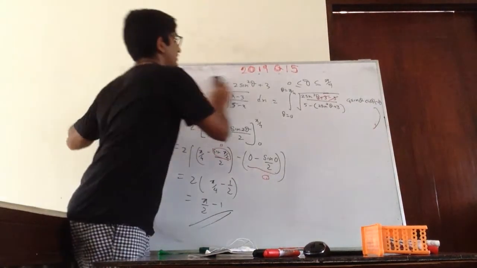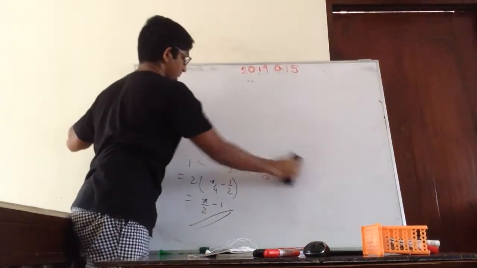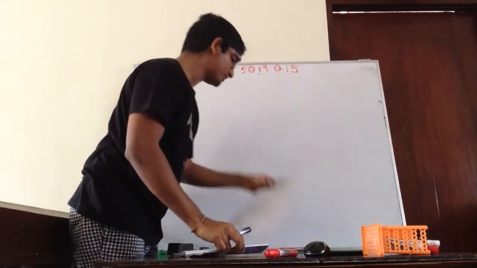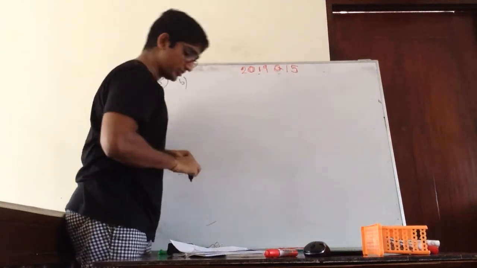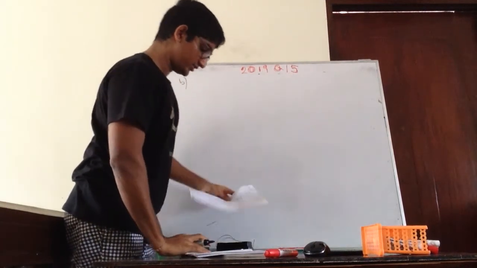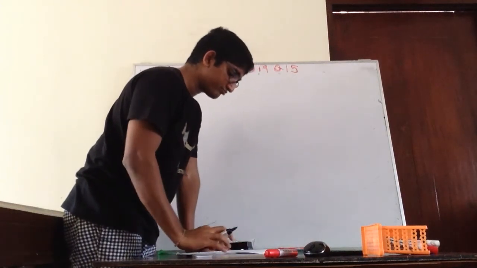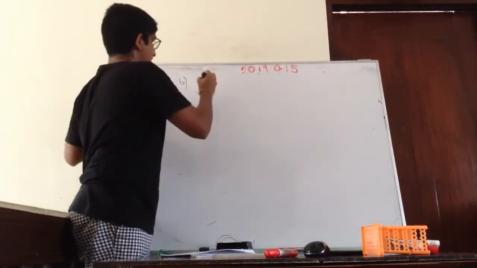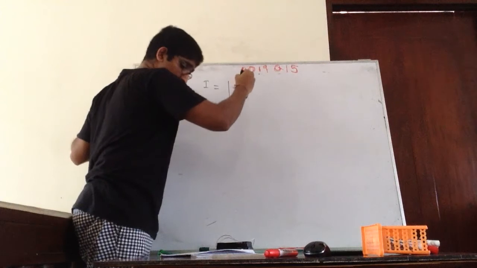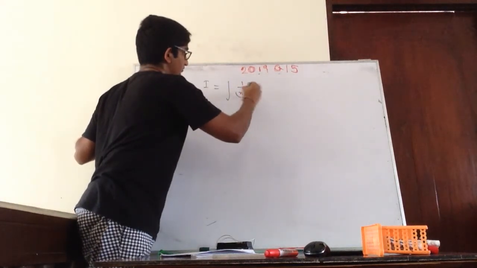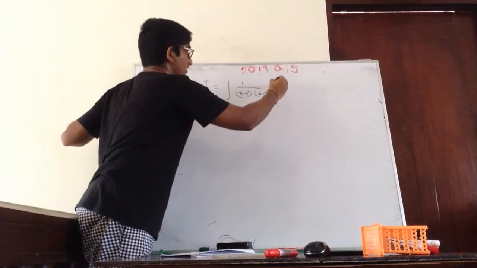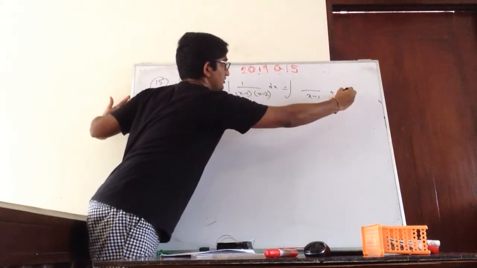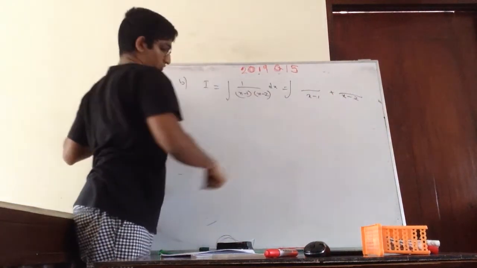So part B. Part B says, it is a bit of a broad sum at inception. So it says, first of all, using partial fractions find, name this as I, the integral of 1 over x minus 1 times x minus 2 dx. So now you can get this as x minus 1 plus x minus 2.